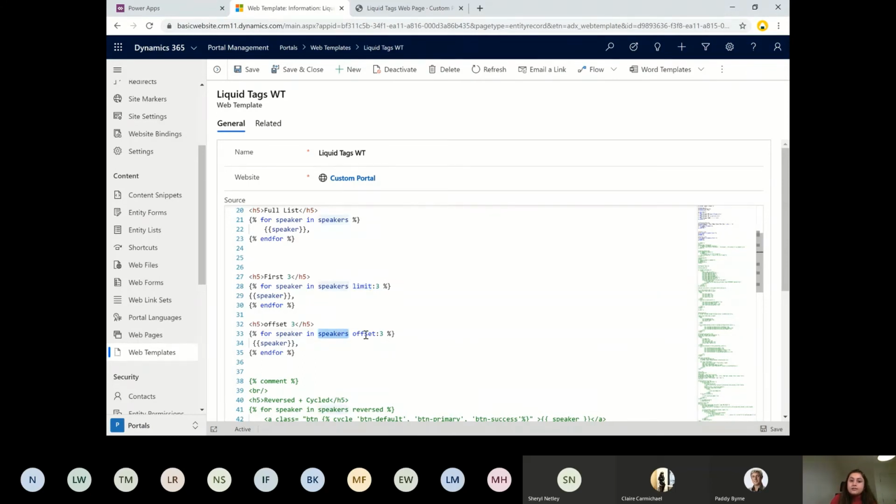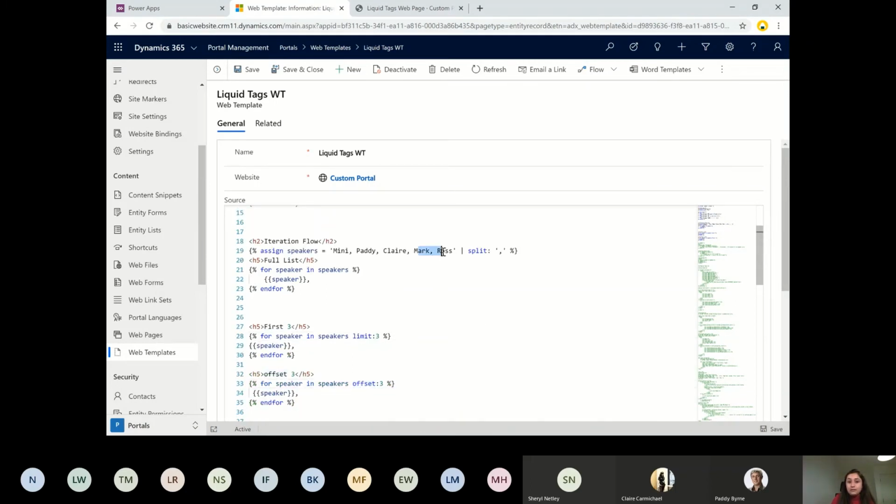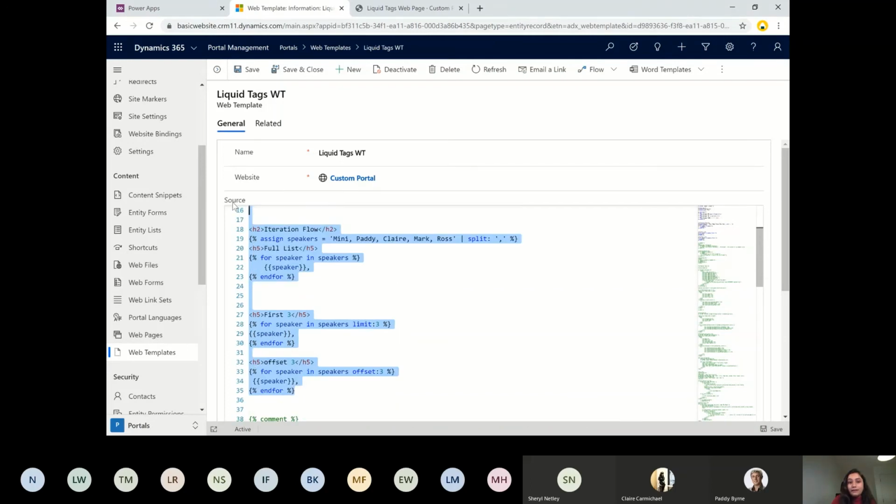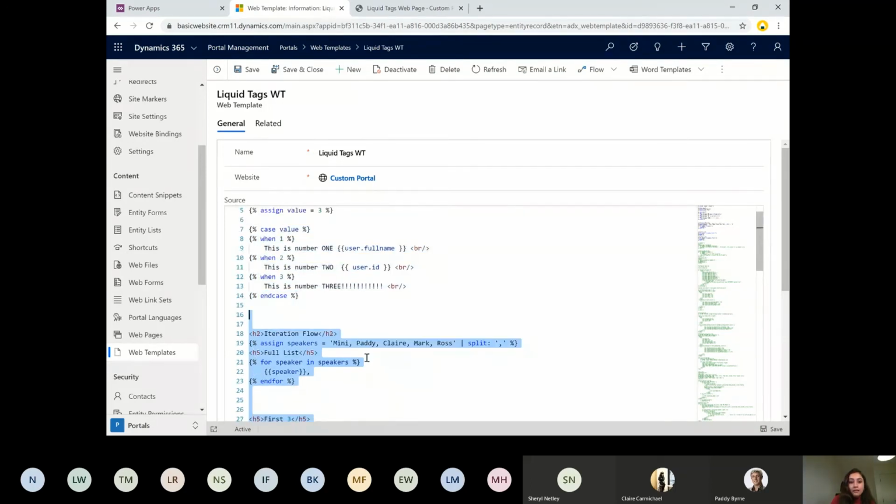Speaker and speaker, it's offset 3. It means that after the first 3 names, it's just going to display these 2. So this is how we can apply a couple of parameters which are supported in the for loop and display in a different way. So let's say you have a speaker name and you would like to display it when the username matches. You can have cases and loops over the array, and then you can show whatever you would like.